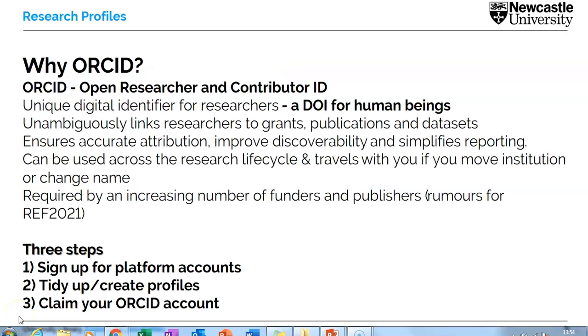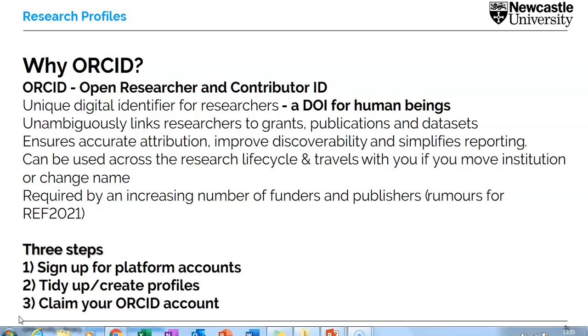So first of all, why ORCID? Or perhaps you might be thinking, what is ORCID? What does it mean and what is it? If you haven't heard of it before, if it's a new term to you, ORCID stands for Open Researcher and Contributor ID. So it's a unique number that applies to you as an individual researcher. And being librarians and liking to quantify things in that kind of way, we like to refer to it as a DOI, a Digital Object Identifier, for human beings.